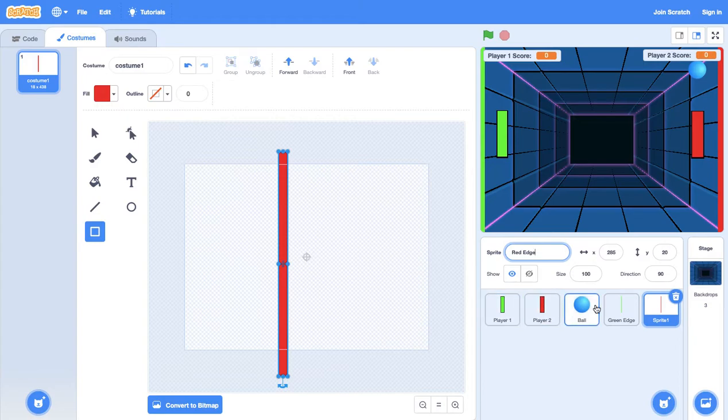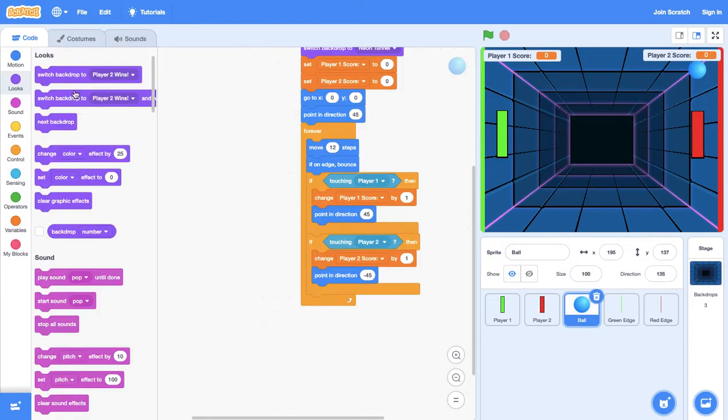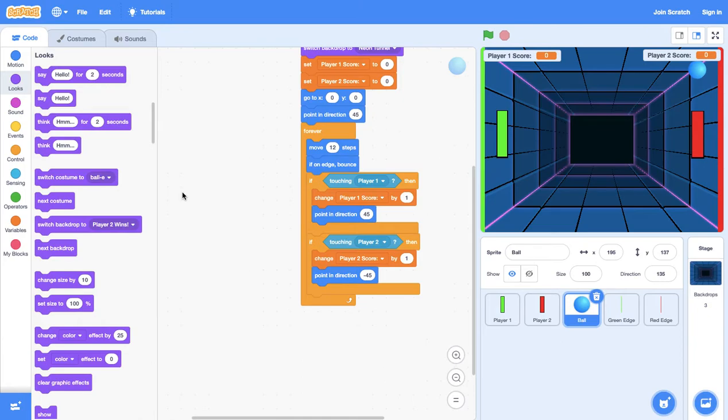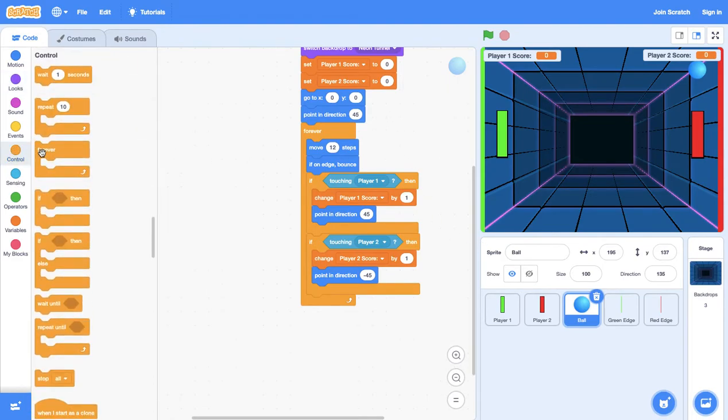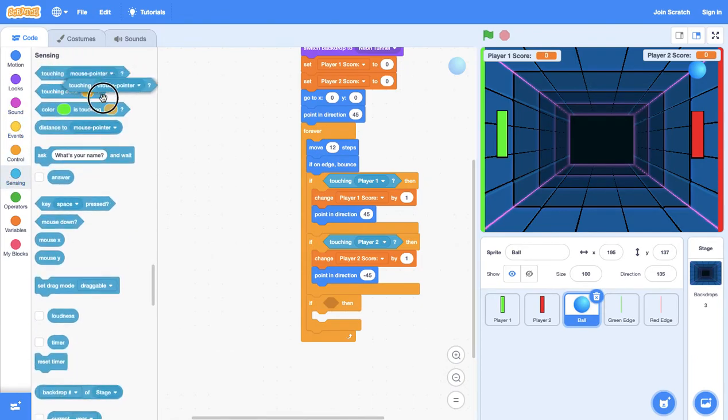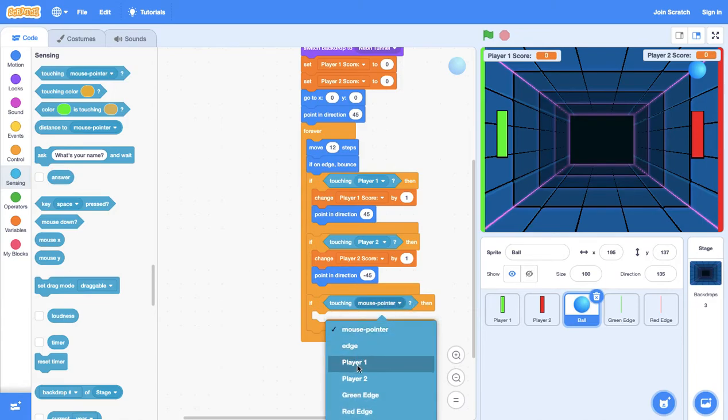Okay, so now we need to do the coding. We go into the ball sprite, and what we want is for the game to switch backdrops when the ball touches one of the edges. So I'm going to go to control and grab an if then block, and I'm going to put it inside the forever loop. Then I'm going to go to sensing and grab an if touching mouse pointer block, and I'm going to